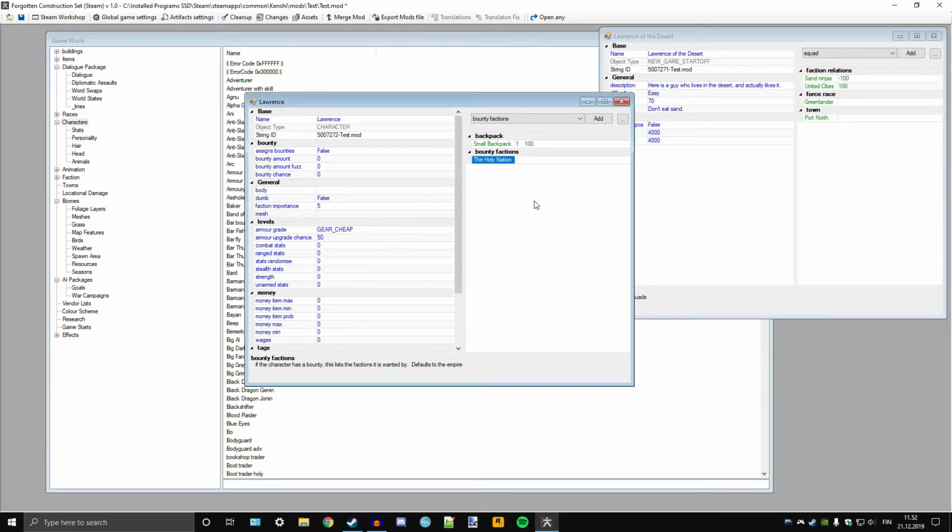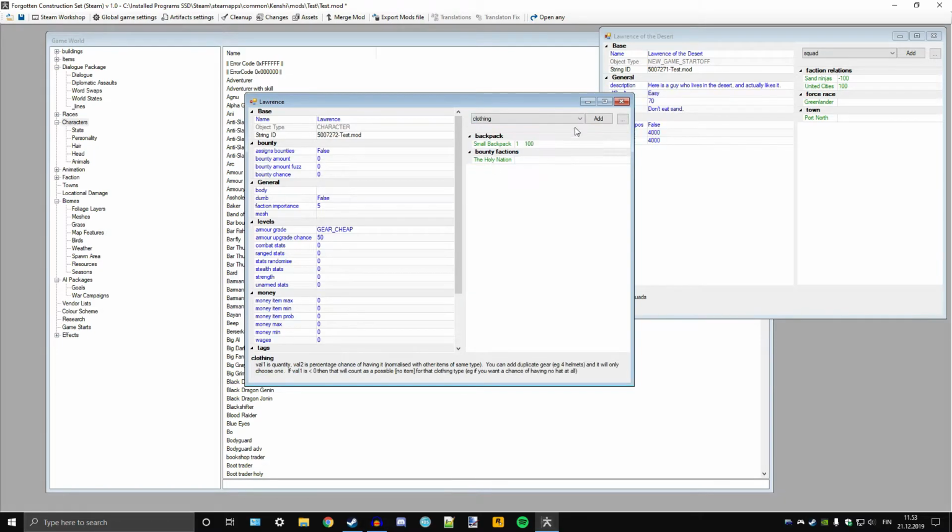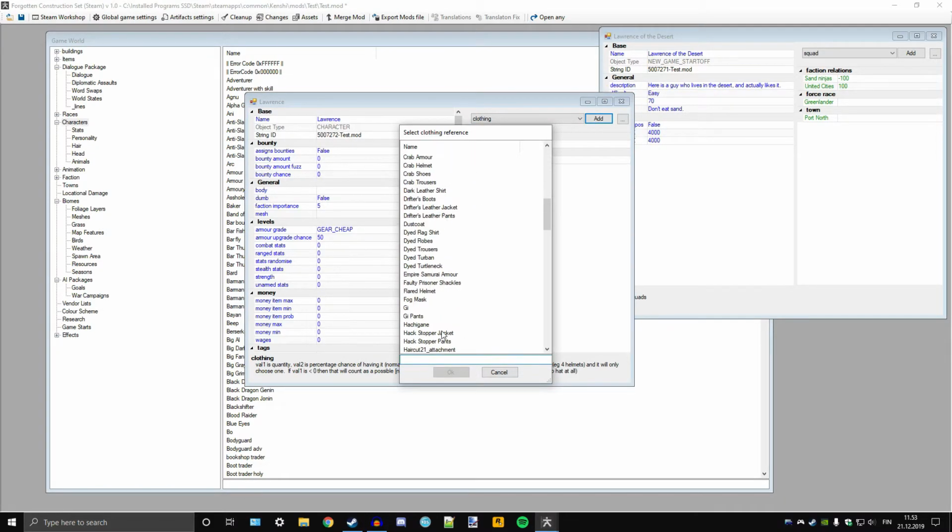Let's see what it does, because usually it gives you a bleep if you're doing something wrong. So I'll just give myself, I'm really important, 10,000 bounty. I'm not sure this number means anything, but we'll figure it out when I start. Yeah, now it made the bleep, so the number doesn't make any difference there. It's just a bounty. I don't know how much it is. We'll check it out. Then we go to clothing, and I'll just give myself some